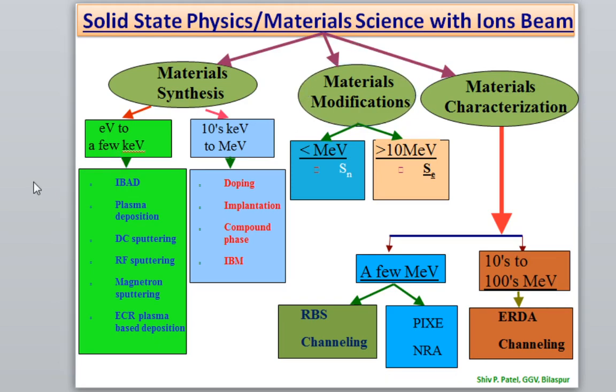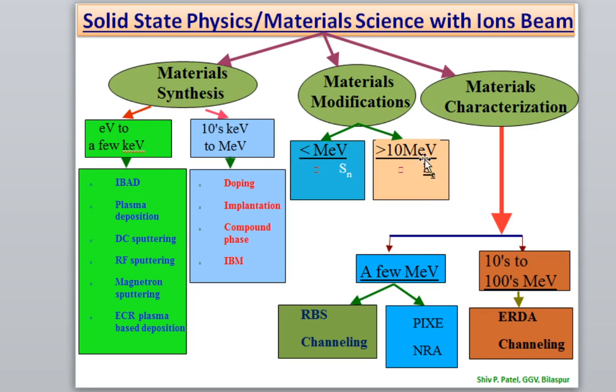So we know that we have categorized ion beams as high energy ion beams and low energy ion beams. If the energy of the ion is, let us say, less than MeV, that means nuclear energy loss dominates, that is nuclear stopping dominates, so that creates defects and radiation damage within the material, which will modify it in a different manner. Similarly, if the energy of the ion is greater than tens of MeV, where electronic energy loss dominates, then the material modifies in a different manner. That we have discussed in our previous lectures.